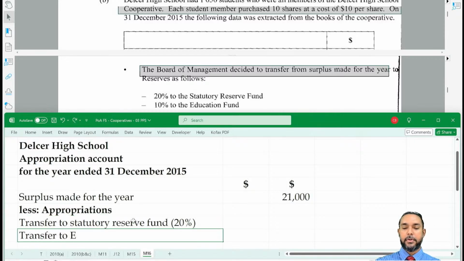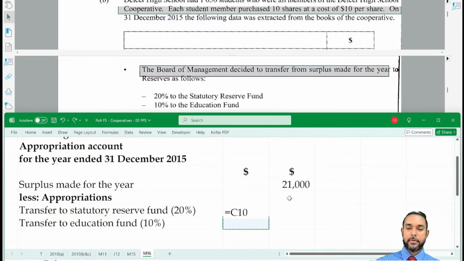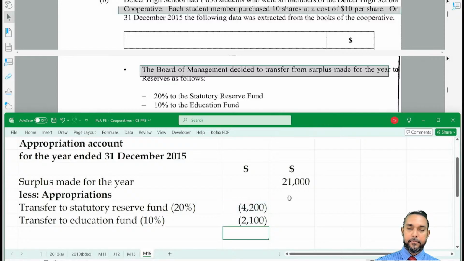Transfer to education fund. How much? 10%? Right. That is equal to multiplying by 5.2. 10% is half of that, right? And then